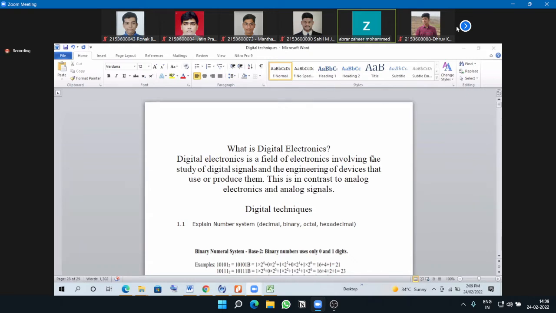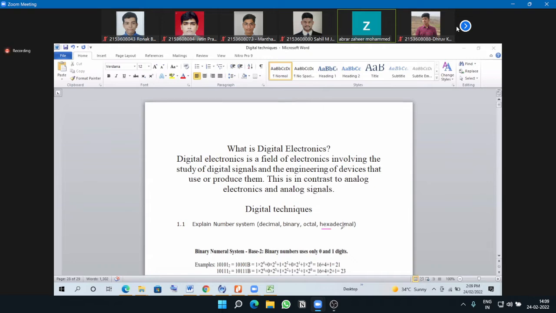An example of this can be any number that has digits from 0 to 7. Okay. So the example we can take as 135, an example of the octal number system. 135, the base 8. Or 140, the base 8. Okay. These are the examples of this octal. And next is the